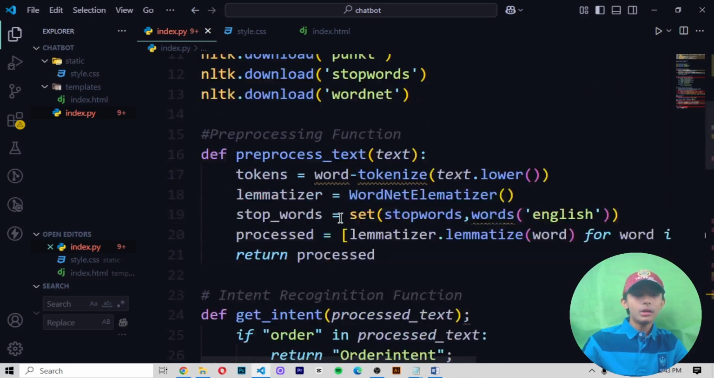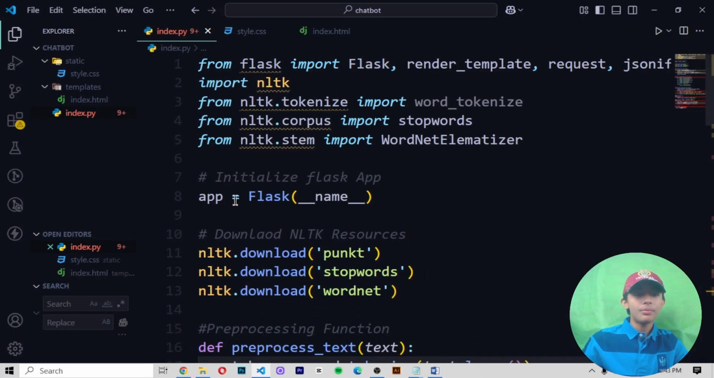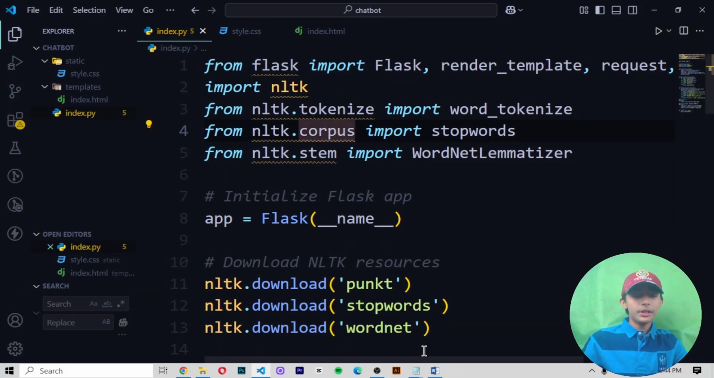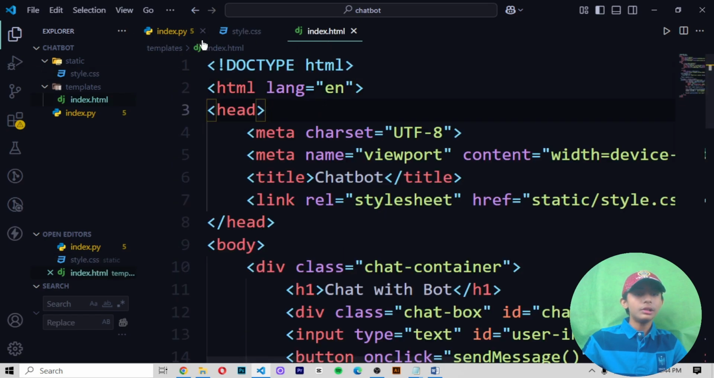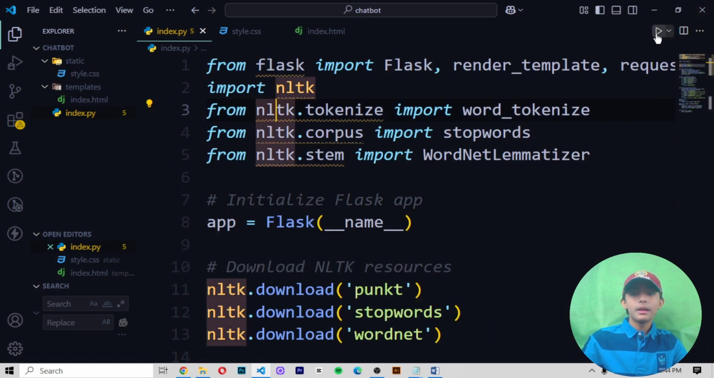So now let's see the output, what type of output it will give me. Save it, and then I'm saving from here, save all the 3 files which I have built. Now let me run our